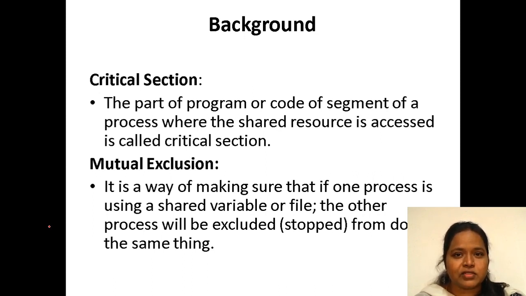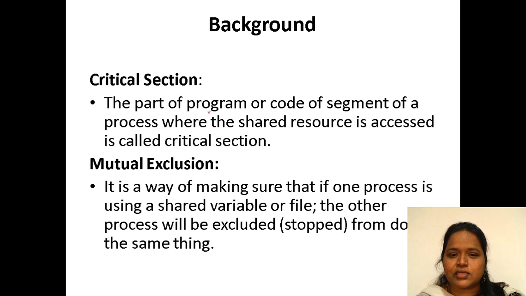A race condition is nothing but two processes fighting, so that the result will be inconsistent. If processes P1 and P2 are there, if P1 executes first, the result will be X, and if P2 executes first, the result will be Y. But we shouldn't get both results X and Y. Even if both processes execute, we have to get only one result, X. But in a race condition, when P1 executes first we get the result X, and when P2 executes first we get the result Y, which is an incorrect one. So that race condition we are going to avoid.